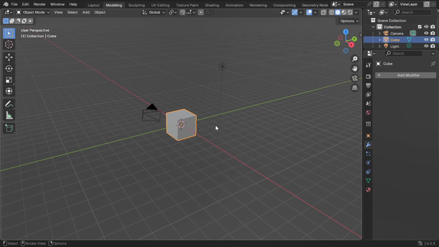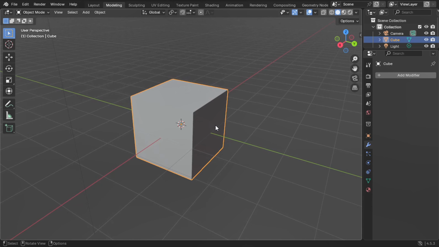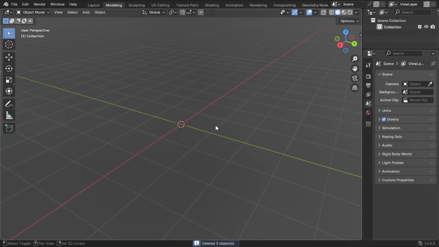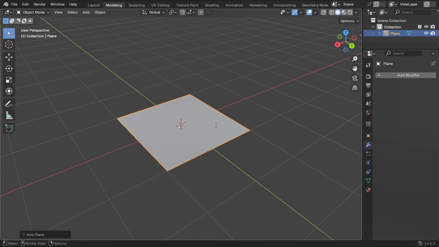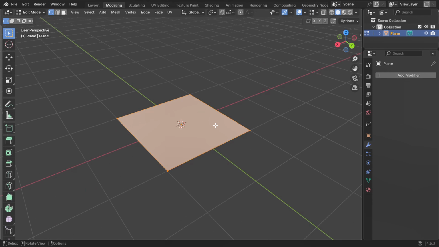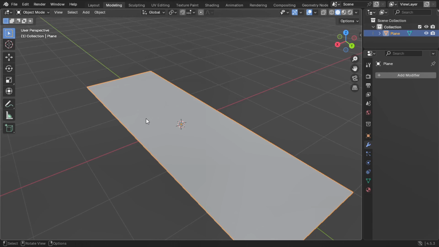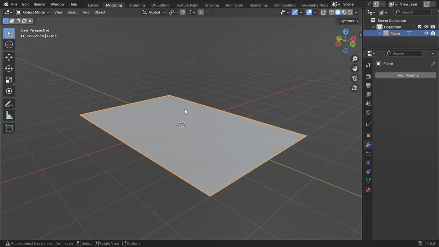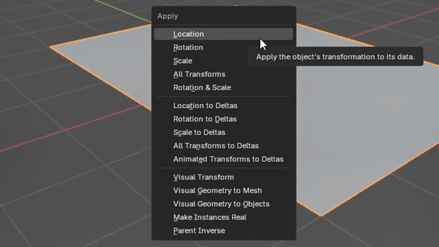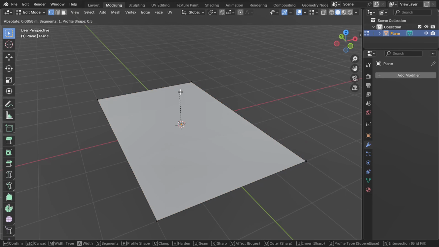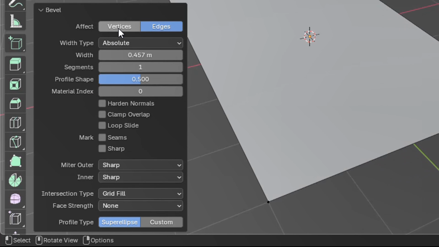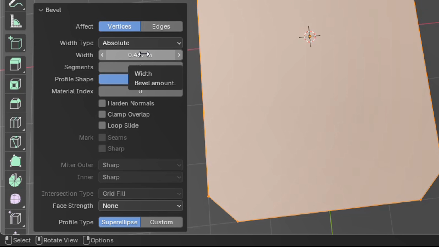Let's get started by creating the deck of cards in a normal regular array. For that, I'm deleting the default cube and adding a plane. Now let's make our card, for which I'm going to scale the y-axis to 3 and the x-axis to 2. Now we have to reveal the vertices, but before that we have to press Ctrl A and then go to scale. After that, go to edit mode and press Ctrl B to bevel. We have to select vertices and there we have to increase the segments.